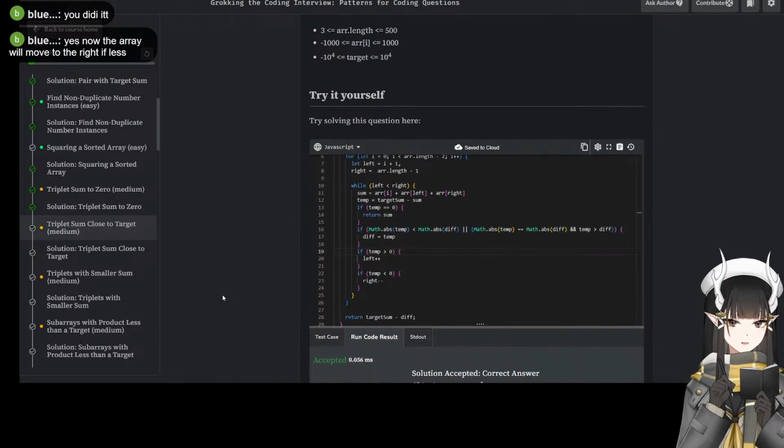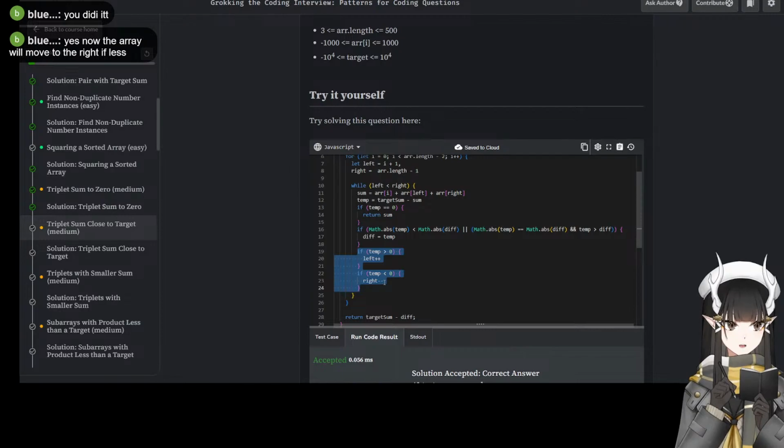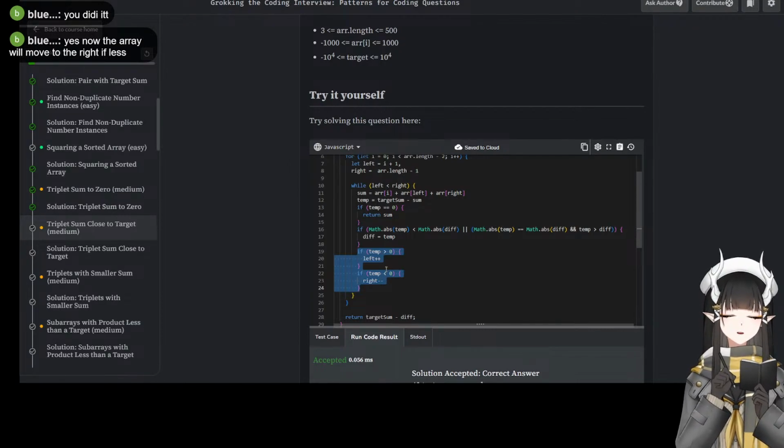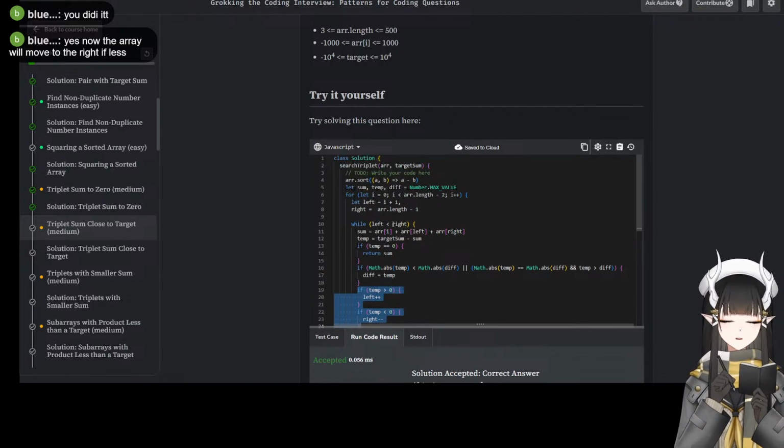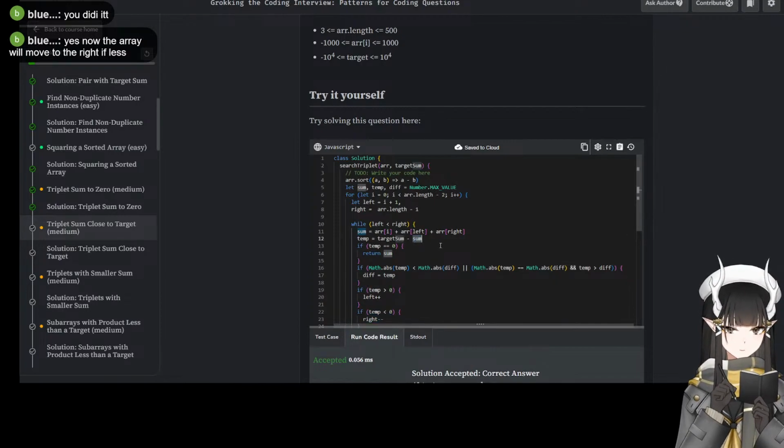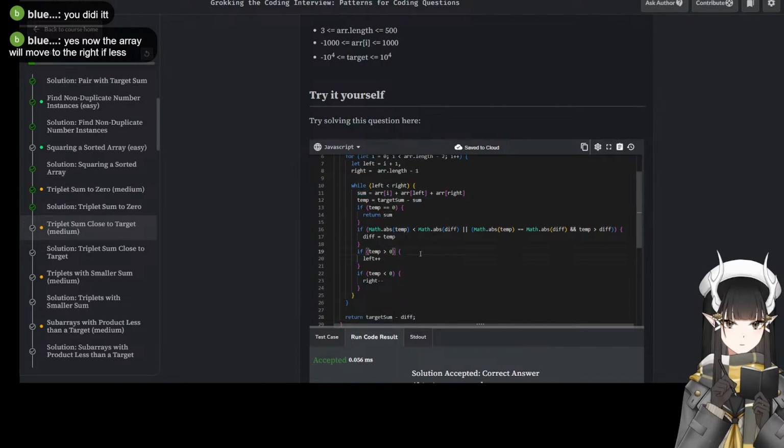Yeah. I had the right mindset. It's just this part, because usually you think, okay, if it's smaller, then by default we want to move the smallest number.